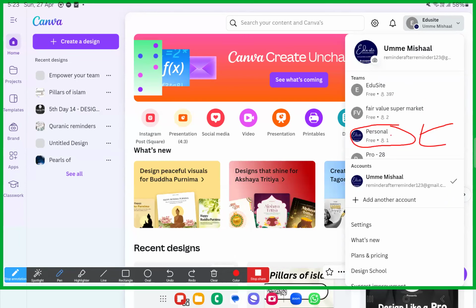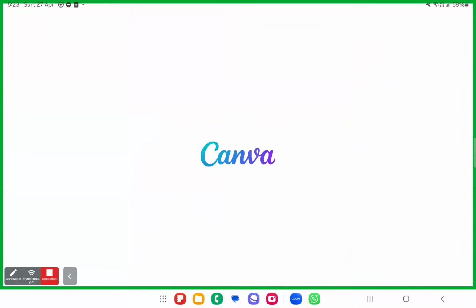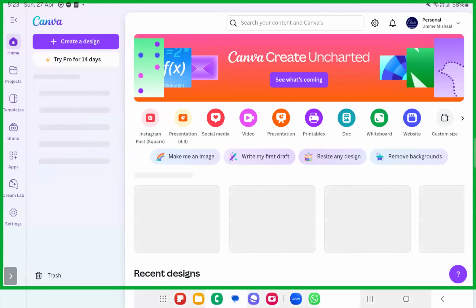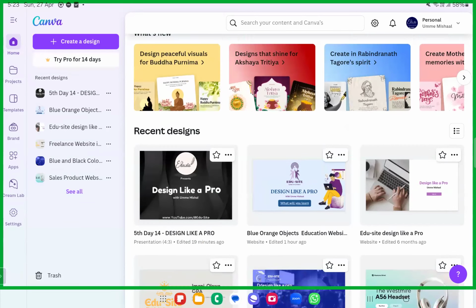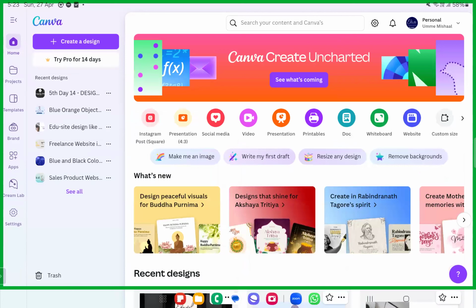Go back to your free page, personal page, the first page of Canva. Okay. Once you're on the first page of Canva, everything is not easily accessible, right? Or everything you have to purchase, correct? So we are just showing you how you're going to create a free website. Because if you want to create a pro website, you need to pay something around 4,000, 5,000. So we are not going to go ahead with the pro one. We'll go ahead with a free website. I'll show you how to launch your website as well, okay?